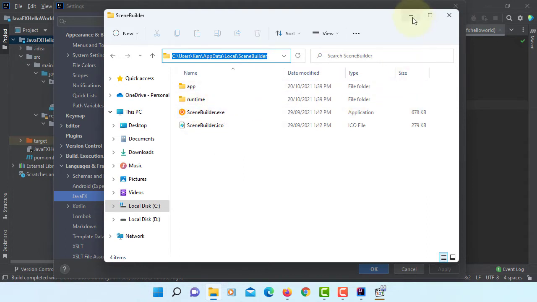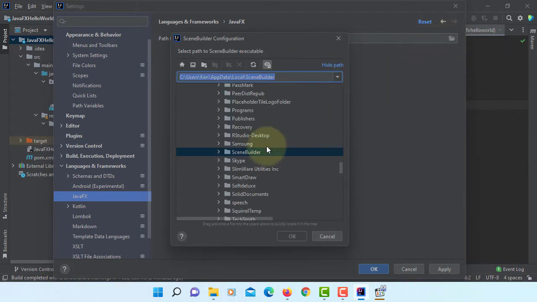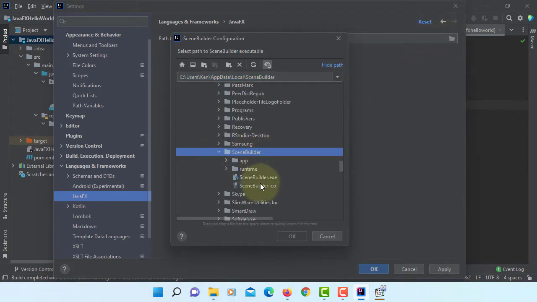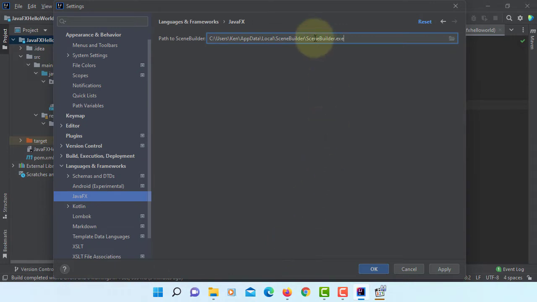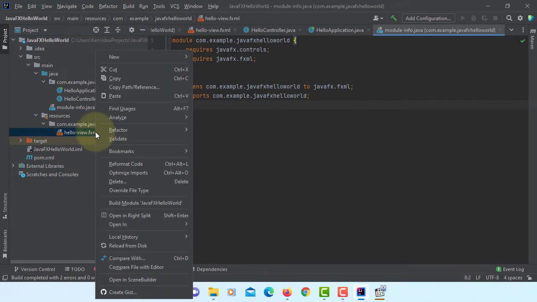Okay, we are going to use SceneBuilder.exe. Paste it. Then when you open it, it will direct to that folder. Then we can select SceneBuilder.exe. I find this way is easier to locate SceneBuilder. Apply, OK. So let's open the FXML file in SceneBuilder